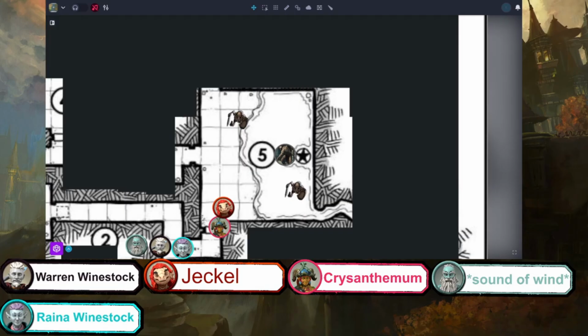Oh no! Oh no! Oh no! Oh no! Does a 10 save? Okay, hold on. How do I check that? If you click on the actual word dragon breath in your actions, it should tell you what kind of save. A Dex 11. I did not save. Roll 2d6 fire damage for me.